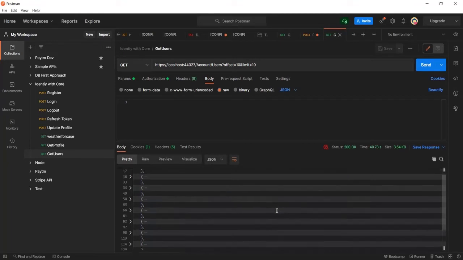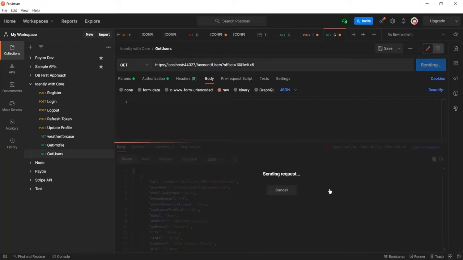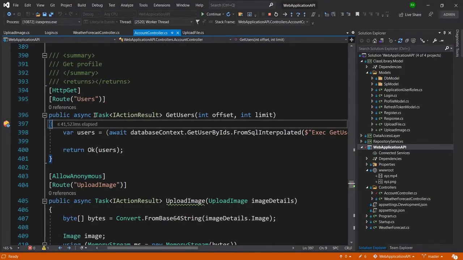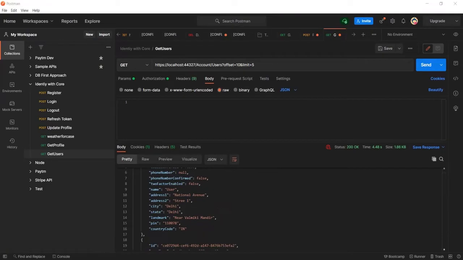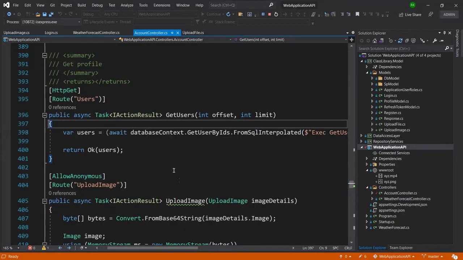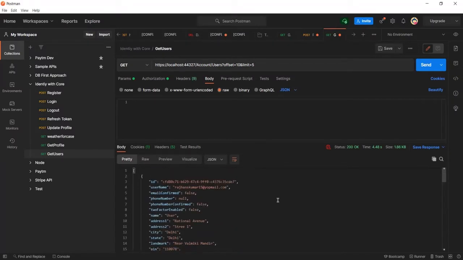Okay, so these are the responses. Suppose I want to get only 5 rows, then from the 10 I will pass here the 5, then I will get only the 5 rows. Okay, again I hit the breakpoint, and I got the rows here. So let me first remove this, and now you can see I got only 5 rows.